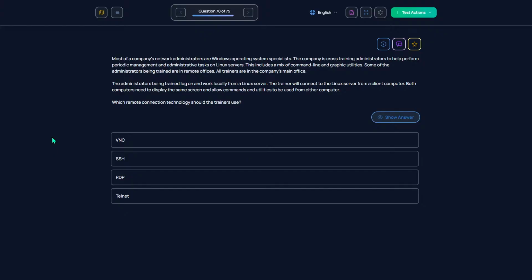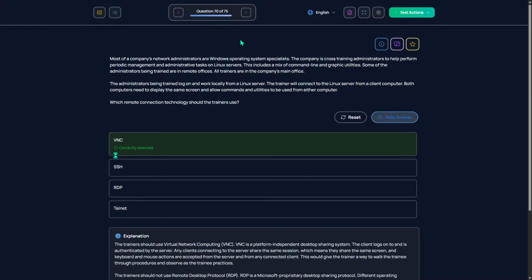The admins being trained log on and work locally from a Linux server. The trainer will connect to the Linux server from a client computer. Both computers need to display the same screen and allow commands and utilities to be used from either computer. Which remote connection technology should the trainers use? VNC.